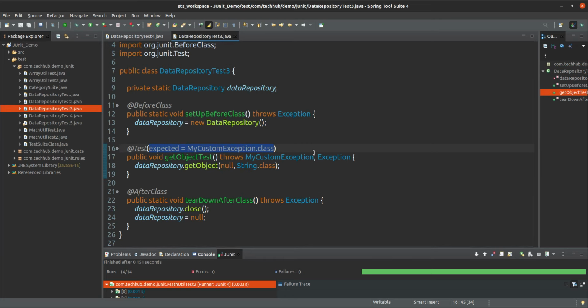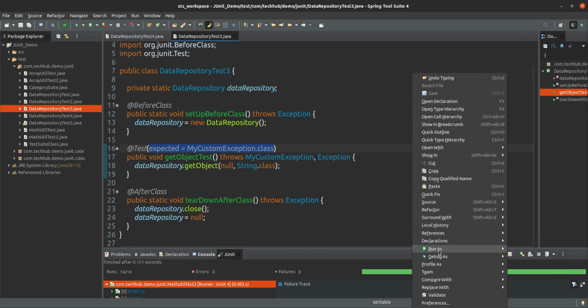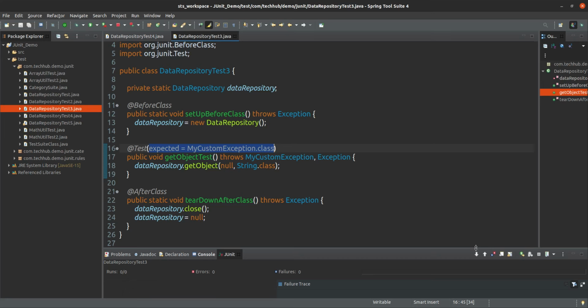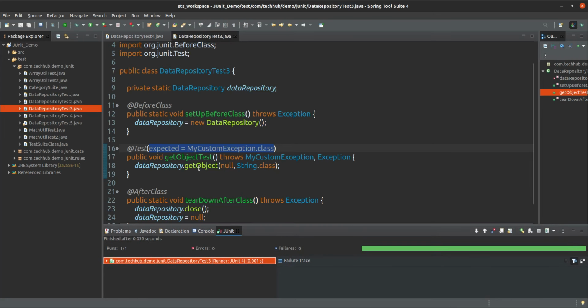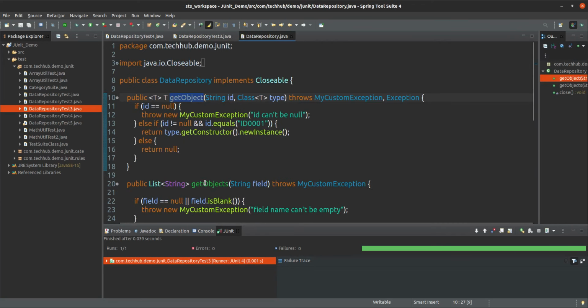This is a negative test case. Why is it negative? If I run this one, it will pass. Yes, it is passing successfully, but this is a negative test case. Negative test case in the sense that it is throwing the exception.